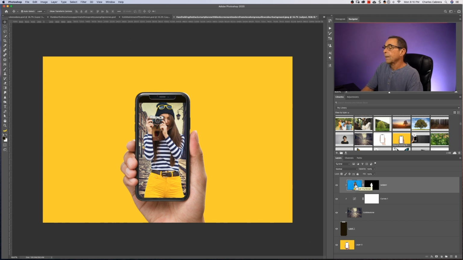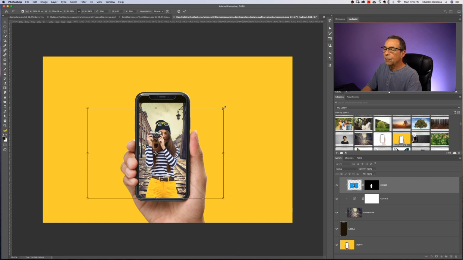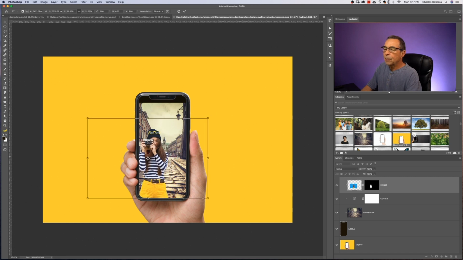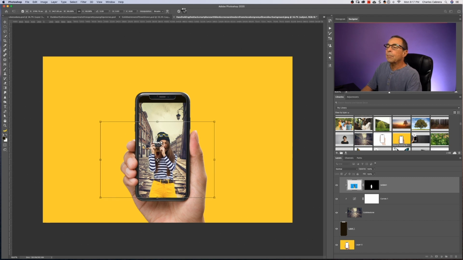So I can hit Command T, and I'm going to adjust her so she's a little bit smaller in this image, and click on the check mark to commit the change. And so are you starting to see the value of clipping masks? Here we're doing a composite, and we have all these layers that we're merging using clipping masks.